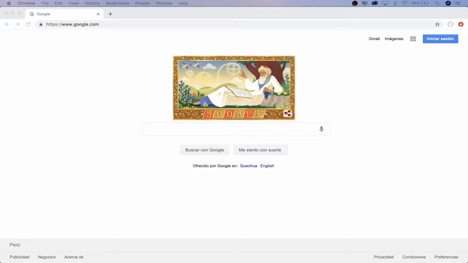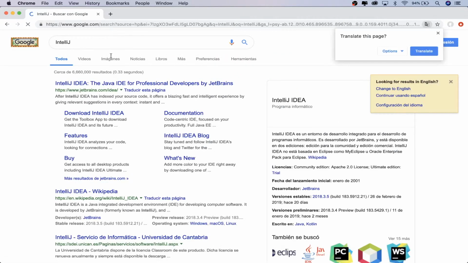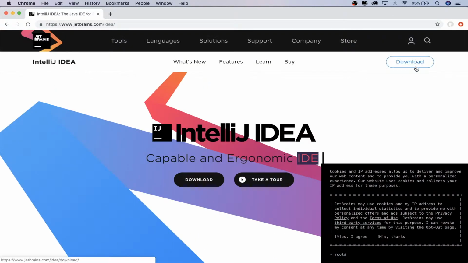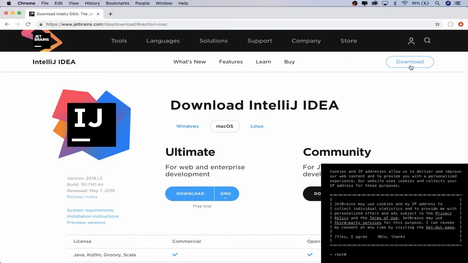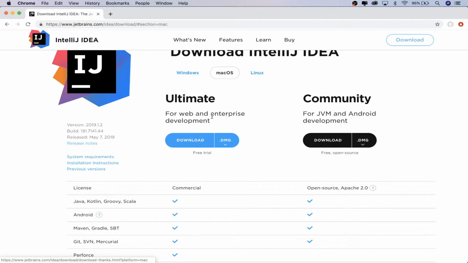Alright, so the first thing we're gonna do is download a program which is gonna basically allow us to code in Java. The program is called IntelliJ, and all the URLs and links should be in the description. And we're basically gonna download the community edition unless you want to purchase this,